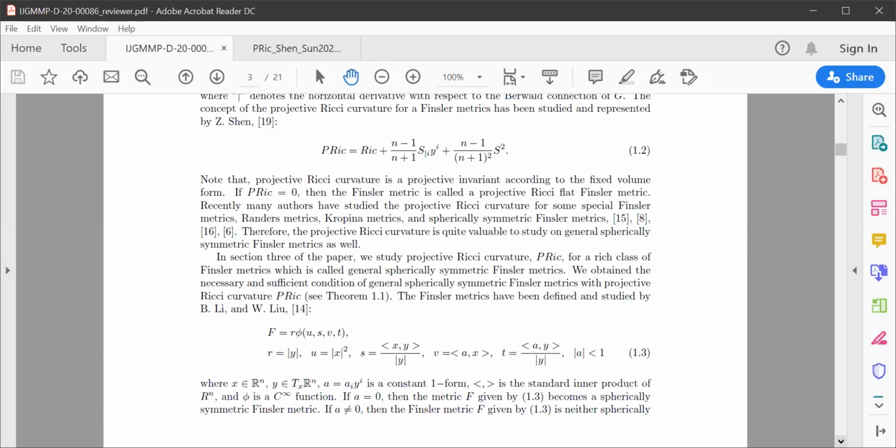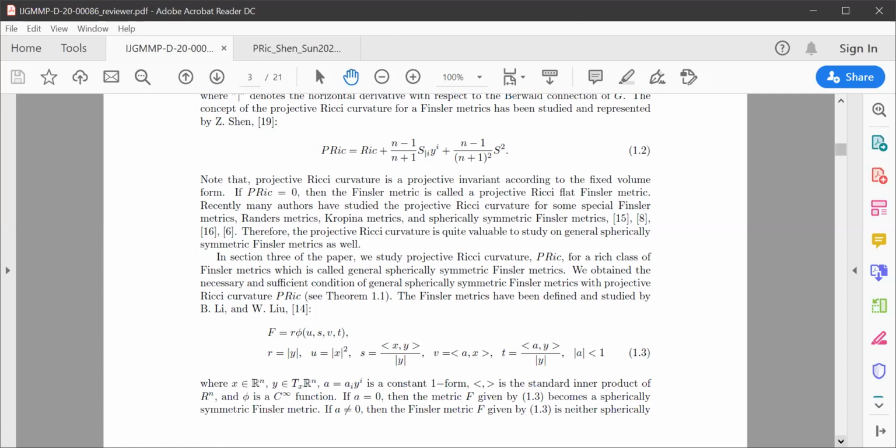Okay, this is this type of matrix, F(R, phi, U, S, V, T). R is the norm of Y, U is the norm of X squared, S is the standard one. But V and T are additional terms. When A equals 0, V and T are both 0. So you allow V and T to appear here. And I think the paper did not mention that. I think the first paper, I